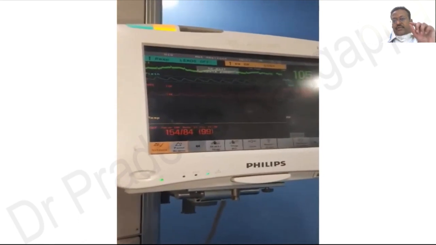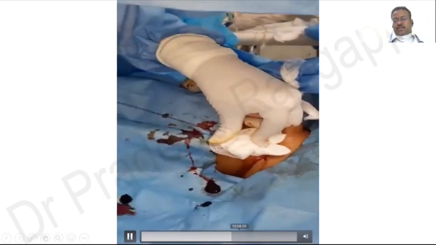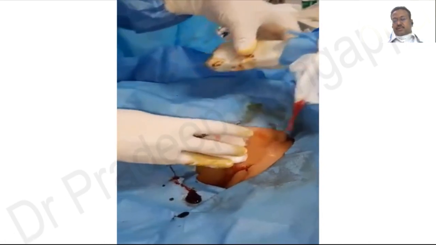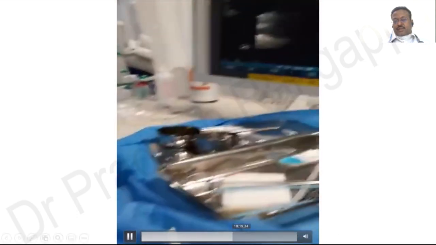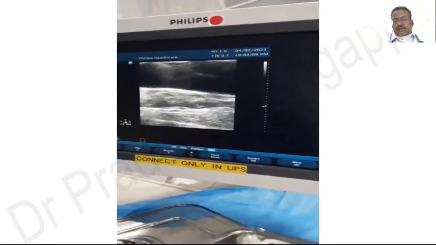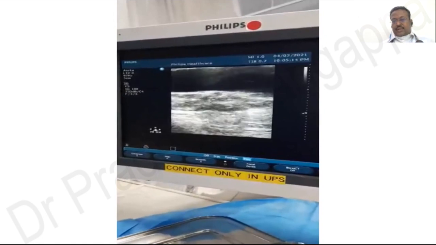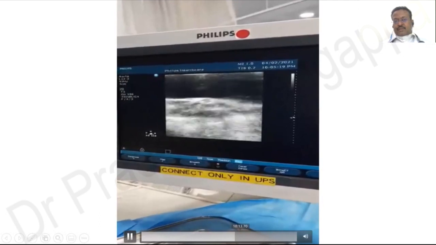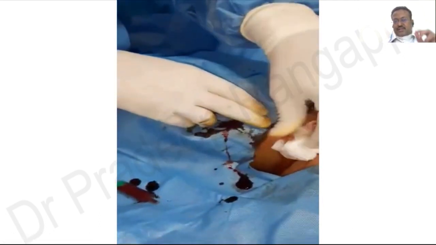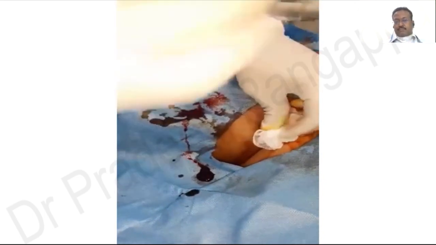So obviously he is looking at the monitor to make sure that there is no arrhythmia, because once it enters the RV, you can have arrhythmic beats. So he's making sure that the heart rhythm is okay. And then again, he's checking with the ultrasound the position of the guide wire. See, you can see that there's a white hyperdense one which is sitting in the vein. So he's now very sure that it is sitting in the vein. So you can see that white one, which is a dense sort of opacity you see. So he's absolutely sure the guide wire is nicely sitting in the vein.